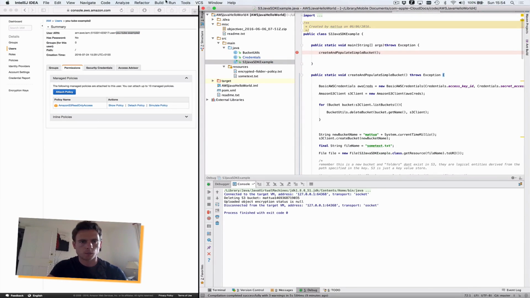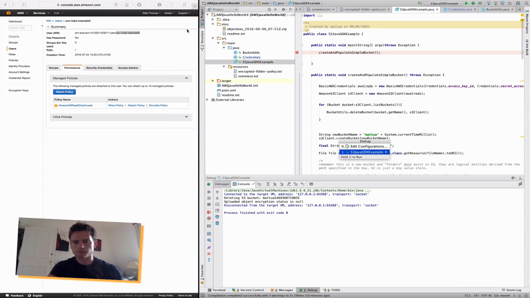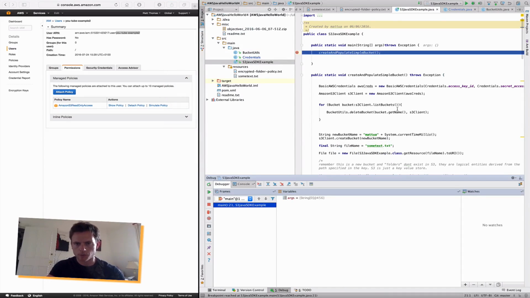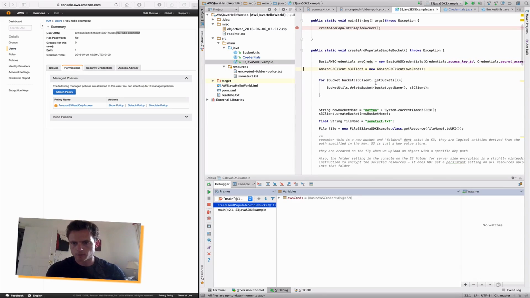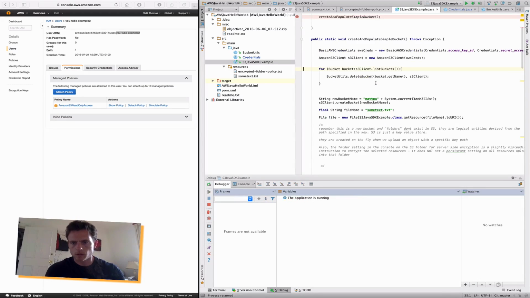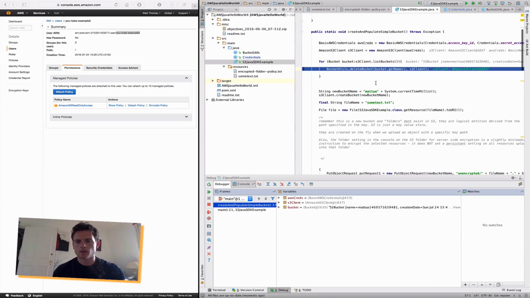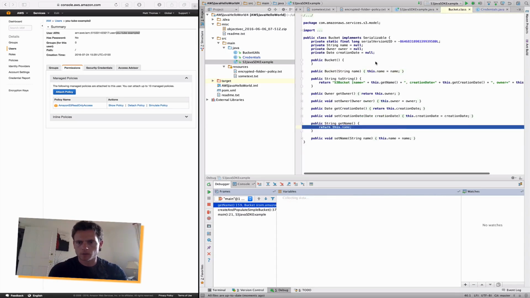So if we debug this one again, it's going to fail at the first hurdle, where we try and delete the bucket. Remember, the first thing it does is list the buckets, which you'll find it can do, because I've given it read only. Read only can list the buckets, and that's what it's done here. So we've managed to list the buckets, but when we try and delete that bucket,